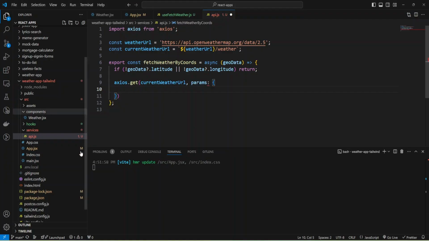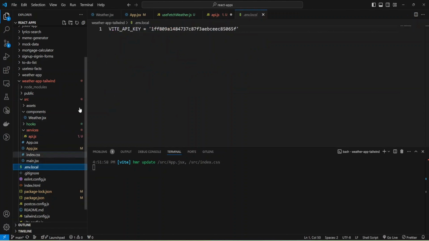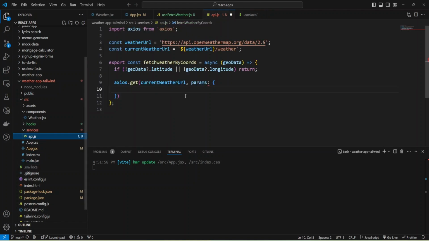And for the app ID, I added my API key to my env local file, and I created a local file in order not to push my changes to Git and not share the secret. And when I change the secret, it will not be pushed, so I'll keep it privately.